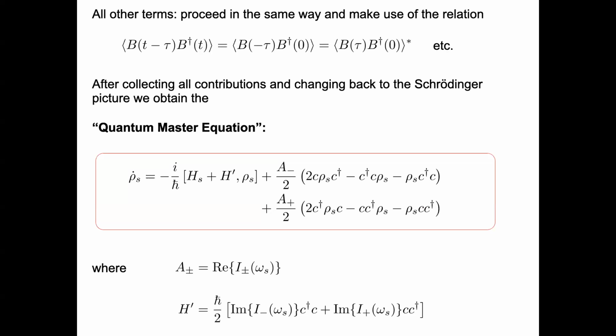So again, these A plus and A minus will be proportional to the real part, and that's why we have to be a little bit careful with these complex conjugates and take the correlation functions correctly. But then you will also get an imaginary part, and the imaginary part of this integral will actually contribute to this Hamiltonian. In our case, if you write it out like this, you have to evaluate the imaginary part for C dagger C, and the imaginary part for the other C dagger. So this is the general type of result that you get.